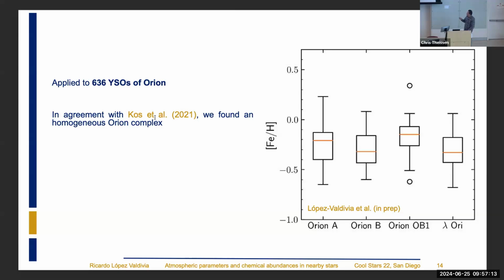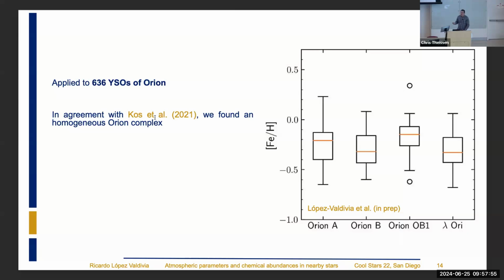And I'm showing you here just the box plot of these iron abundances in these different groups of Orion. There is an open debate about whether Orion is homogeneous or inhomogeneous, chemically speaking. So we can see here our results seem to give a hint that, at least with these members, the Orion complex is homogeneous. And this behavior is repeating in all the elements. You also see that our median values are still near solar values, which is in agreement with previous publications.